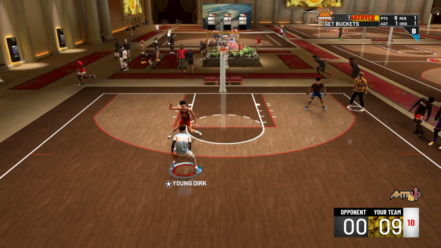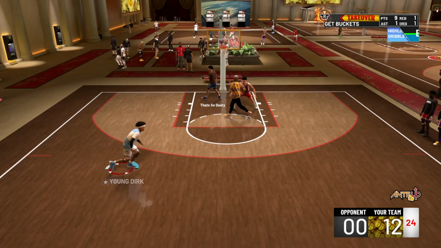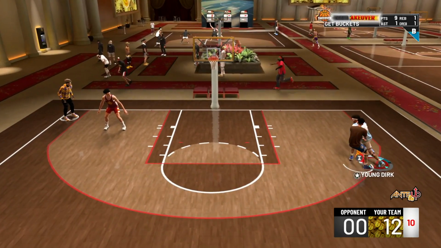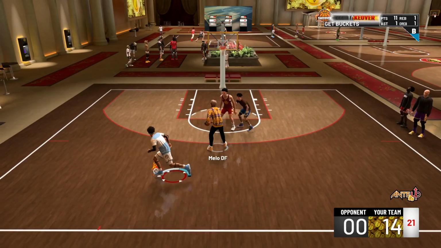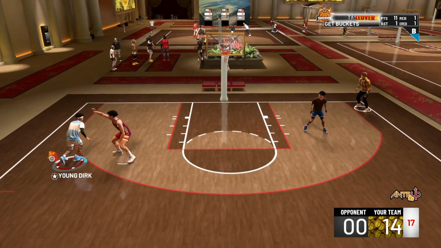They try to switch the rim protector on me. Come this way, pull up, green. So now it's like, all right, we can't leave him open. We can't put the smaller guard on him. The rim protector's thinking he's got to come help. We drive in, look at it, two hands over this dude. Obviously, it's not like a contact dunk animation because I don't get contact dunks, but we're dunking all over a